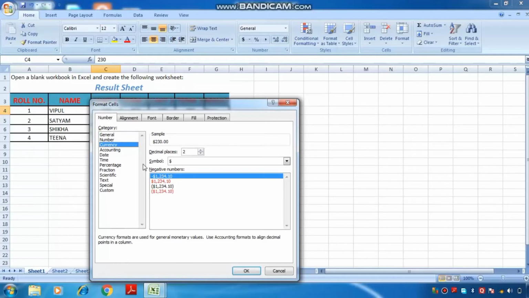When you click on the currency option, you see a number of symbols in the list, and you have to select the currency symbol. Then you have to select the decimal digits, up to where you want to show. Suppose I select 2, 1, or whatever decimal places, like 3 or 4. Then I click on the OK button.